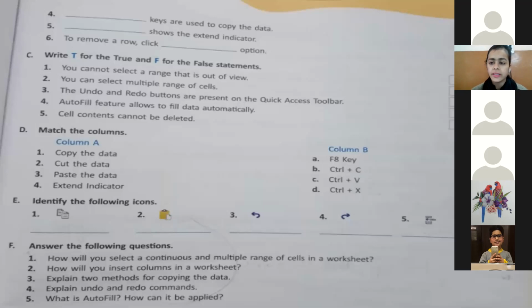The first icon that is present on the window of the Excel spreadsheet or in the clipboard group of the Home tab is your copy. Clear? Let's ask another answer from Jaswin.